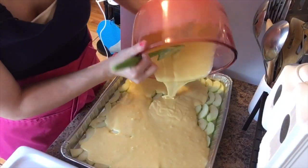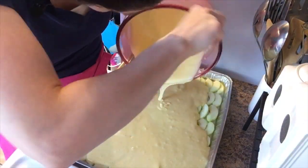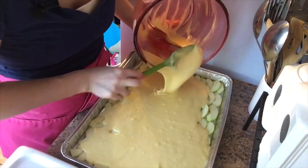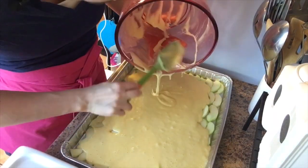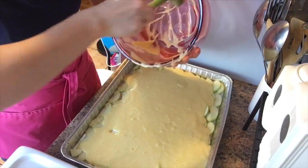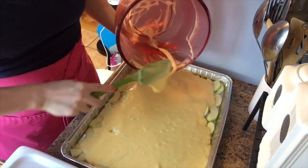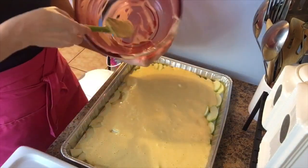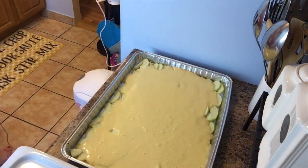I absolutely love this cake. I grew up on it because it was really inexpensive to make, and so easy because there are so few ingredients, and every time I make it, it just reminds me of family and home and my grandmom. I just love it. All right, I'm going to set this aside,